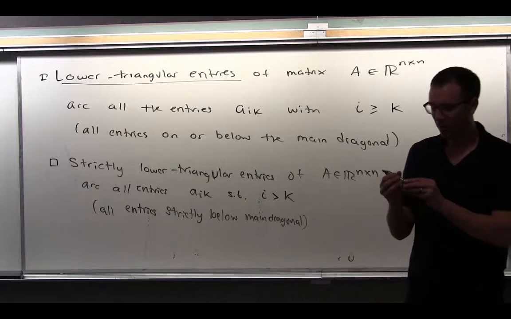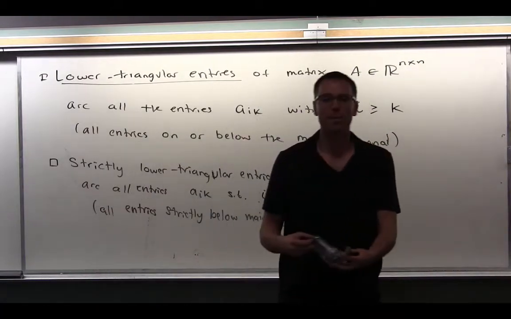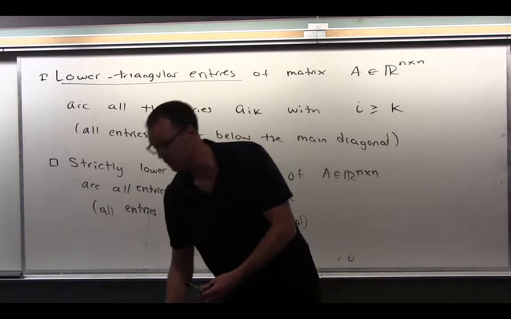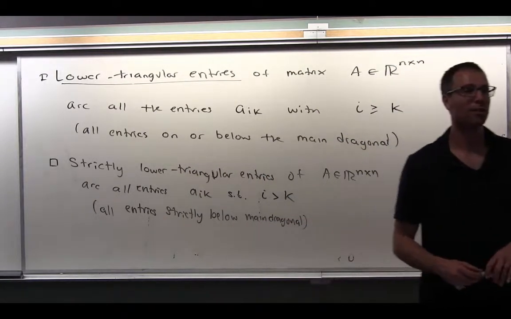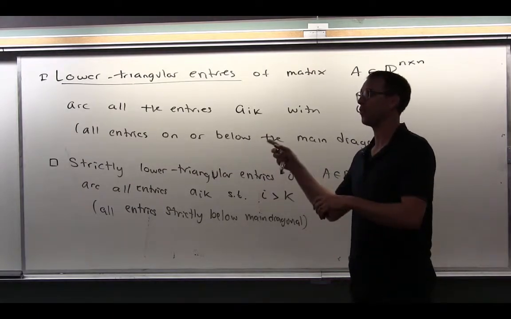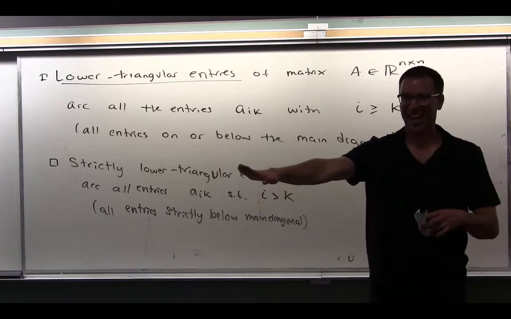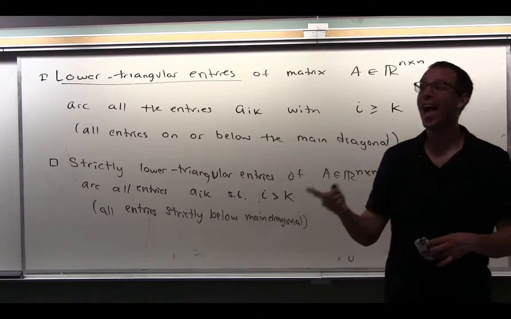Does anybody see a definition that is just waiting to be made? Here, and let me set you up for this with a creative use of voice inflection. If the strictly lower triangular entries are the ones below the main diagonal, then